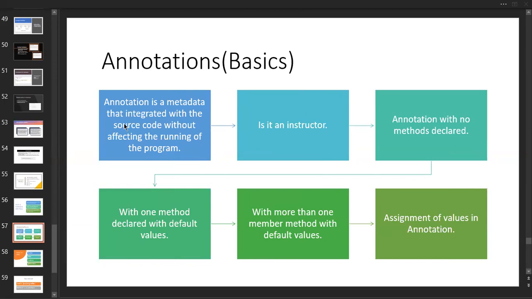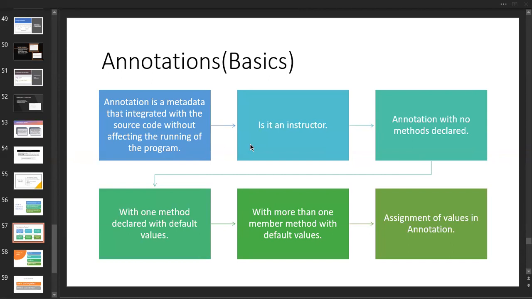So when we declare any annotation before a method, we come to know that we are instructing the program at runtime as well as compile time. And again, I'm telling you, an annotation is an instructor. So please go this way, use it this way, use it till this time, use it till that time. So the annotation instructs the program process, how the program process is going on.